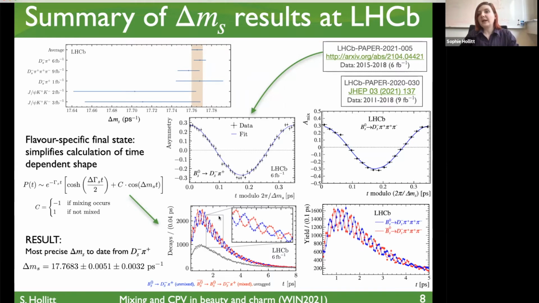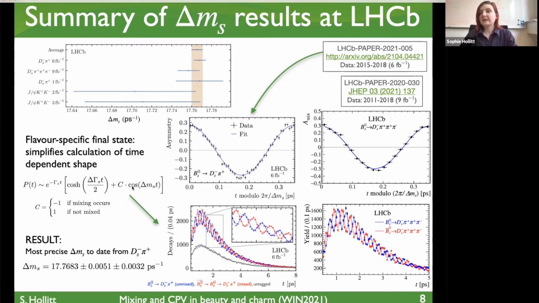And the newer one is from Ds pi. And if we take a look here, we've got some excellent precision in our LHCb average now. So this delta m_s is the difference in mass between the two eigenstates, the two mass eigenstates of the B_s. If we want to plot the probability of the final state